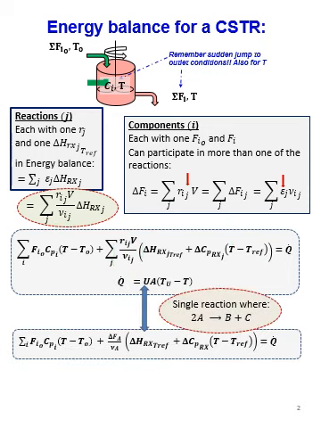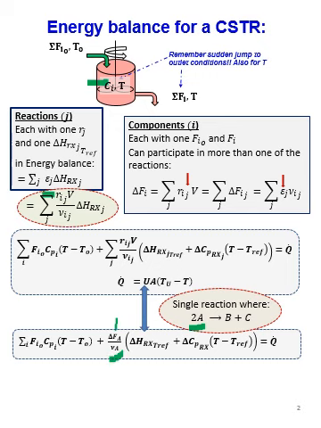So now we are going to take it back to the scenario where we have a single reaction taking place in my CSTR. And for the rest of the slides, I'm going to use the specific example where 2A reacts to form B plus C. So now my epsilon of that reaction, only one reaction taking place, will be equal to, and I want to express it in terms of my reactant A, the change in the number of moles of F of A divided by its stoichiometric coefficient, which is -2.